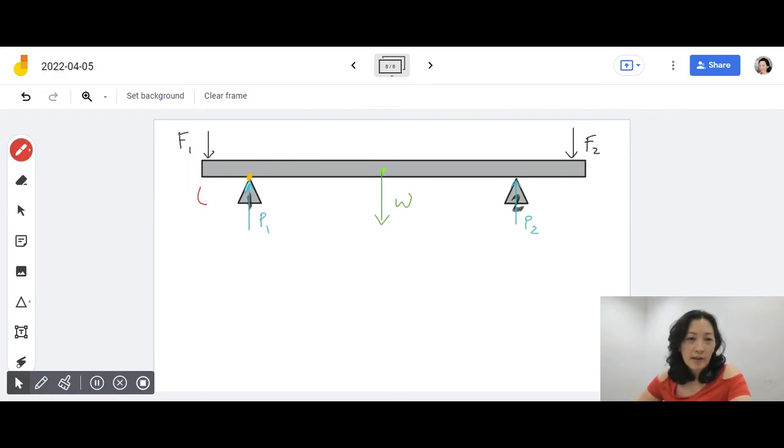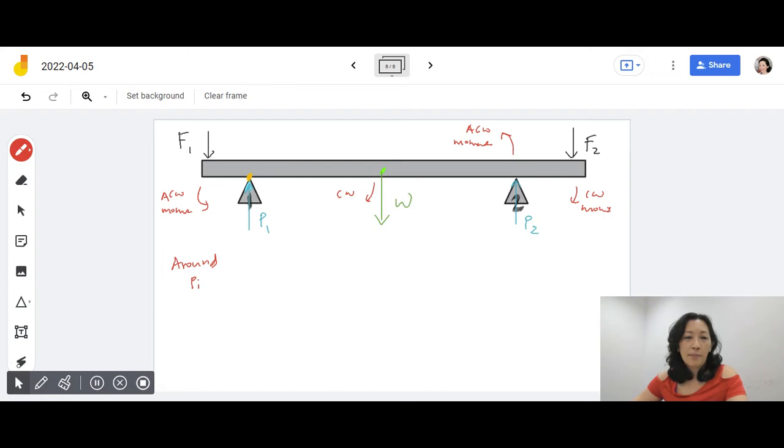I'll just draw a circle here. Weight will create a clockwise moment. F2 will create a clockwise moment. And even this P2 is creating an anti-clockwise moment, because there's a force over here. That means around pivot 1,